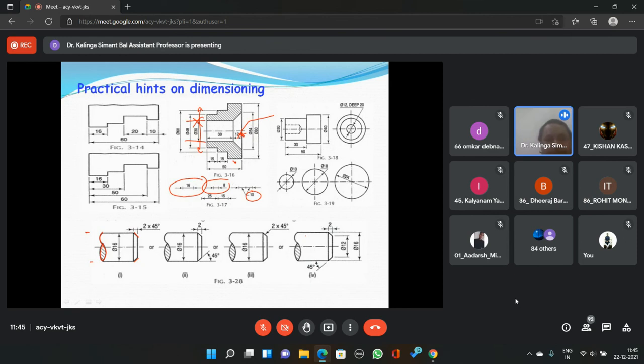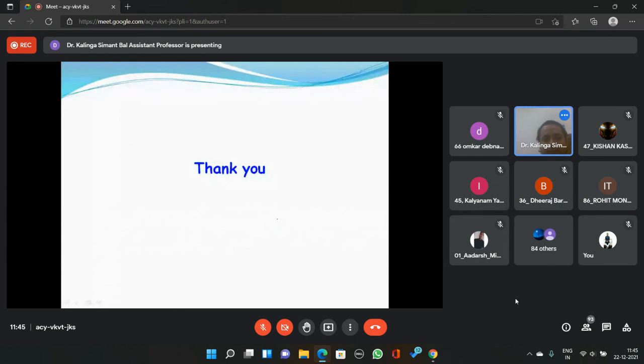So there are various ways of representing this diagram, but it should be done in a certain way that it should be understandable. And one thing is that instead of mixing everything, you need to follow one system, either the aligned system or the unidirectional system. Avoid crossing of the dimensions. Avoid use of the wrong pencil as well as the wrong line to represent different entities. Those lines are fixed because they represent something. So that has to be taken care of while doing the diagrams.